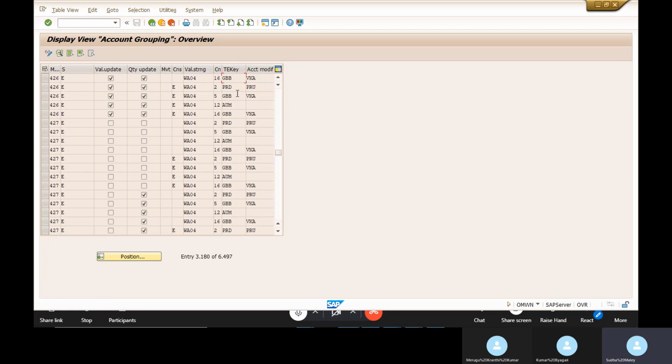This is your transaction event key. Even within transaction event keys there are different types. If you create a goods receipt against a purchase order or a production order, there are different accounts even within the different transaction event keys. In that case the account modifiers are used.